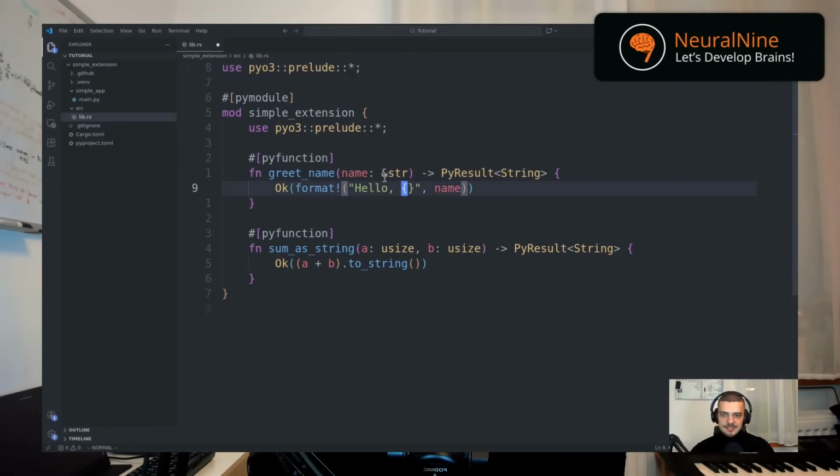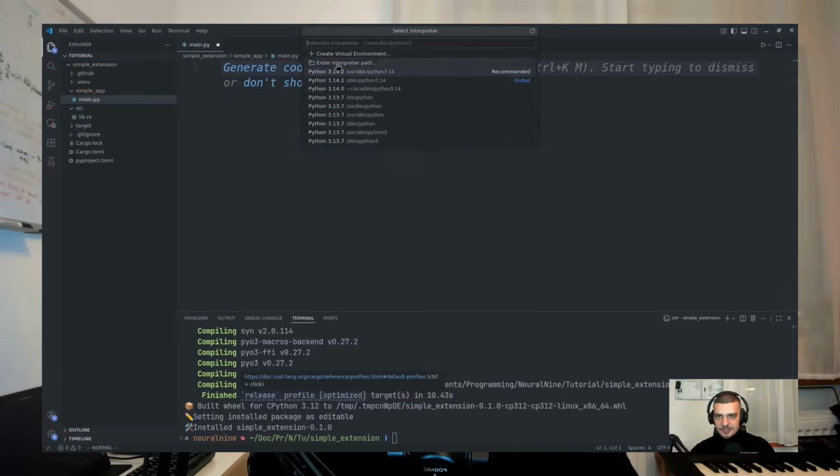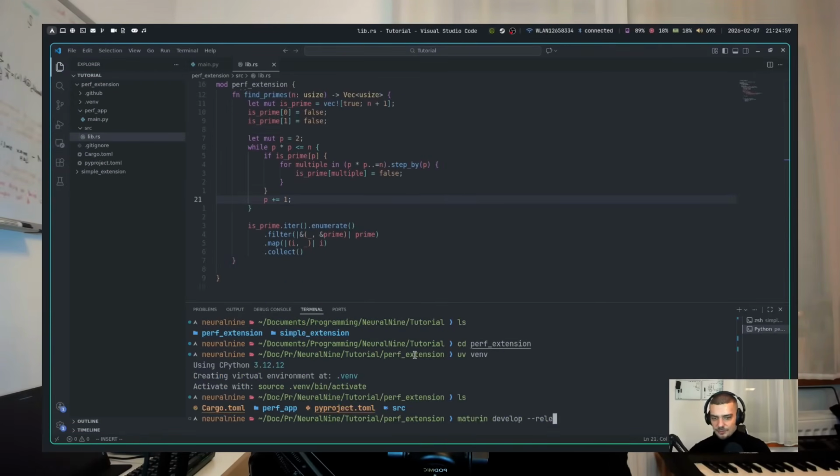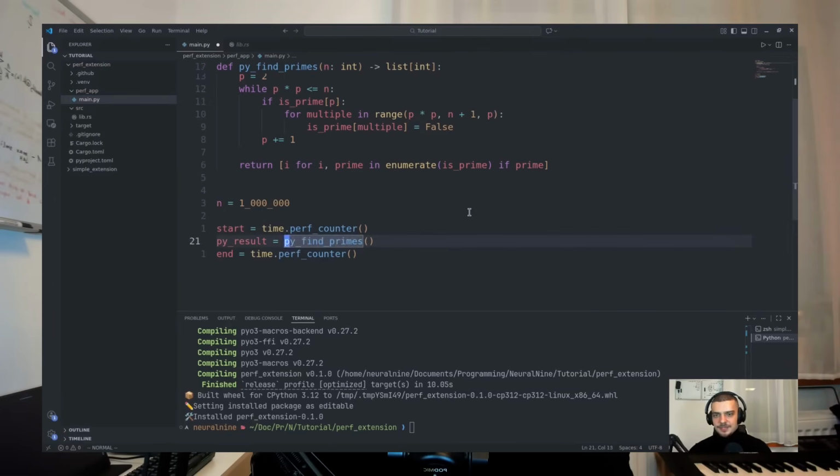Today we're going to learn how to write Rust extensions in Python. Similar to how we can write C and C++ extensions, we can also extend the Python language with Rust. So this means we can write components in Rust and then use them in Python, which can oftentimes lead to